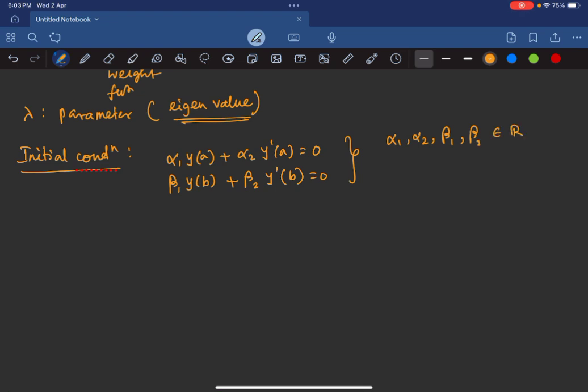And at least one of alpha 1, alpha 2 and at least one of beta 1, beta 2 are not equal to 0. That means you need to have these conditions exactly. If both are 0, then obviously there is no point of having this condition or this condition. So that's why at least one of alpha 1, alpha 2 is not equal to 0, and at the same time beta 1, beta 2 not equal to 0, then obviously you will have these two conditions. Now